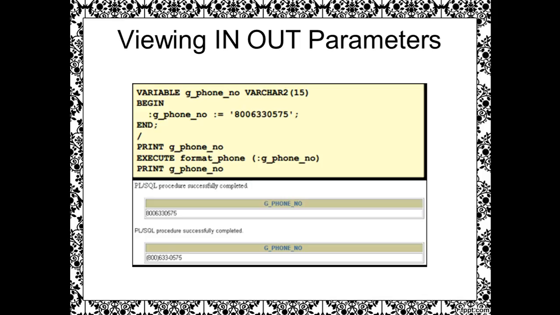Viewing IN OUT parameters: variable g_phone_no with data type VARCHAR2 and length 15. We begin, g_phone_no is set to 8006330575, and we end it. We print g_phone_no, execute format_phone, and print it.